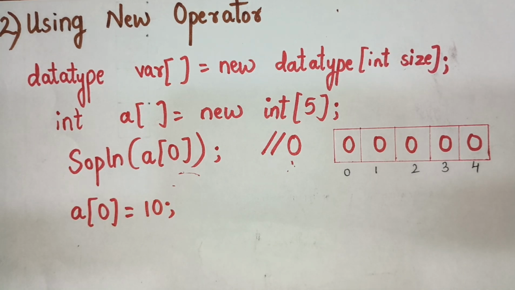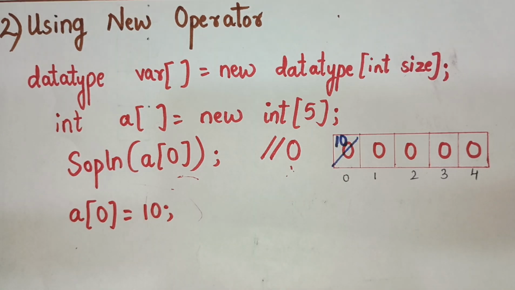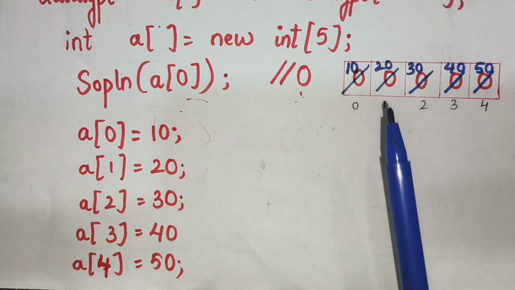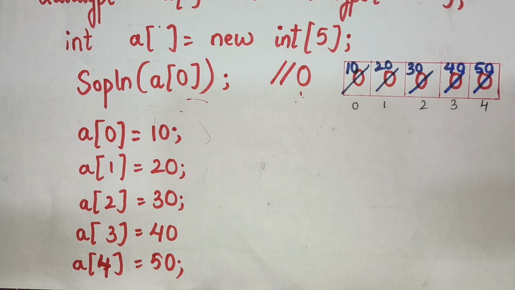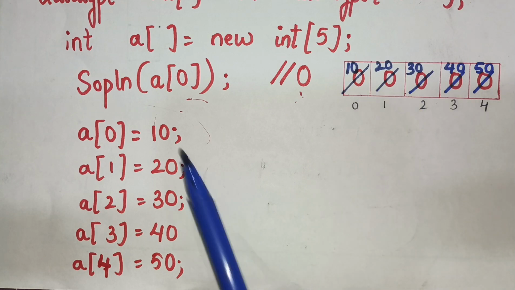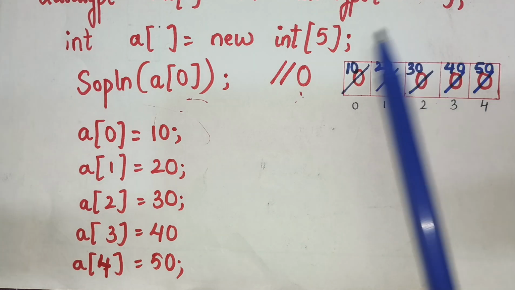Now as I write the reinitialization statement, that means this value will go and store here. So the first index position will be reinitialized with 10. Similarly, if you do the same with the other index positions, each of the memory blocks in the array will be reinitialized with the mentioned values. Earlier, the values of the array were 0, and now since you have reassigned the values to the index positions, the array will be like this.